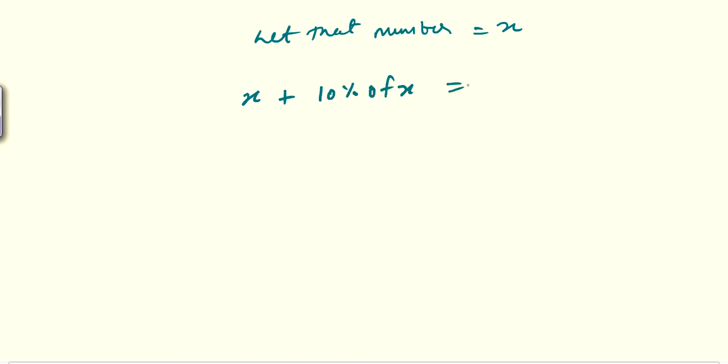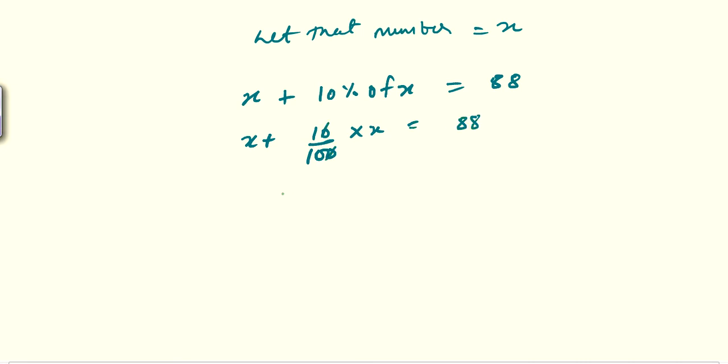Now the same question you can solve by x. So when increased by 10%, first let that number be x. So first increase by 10%. Now in this question increase is given. Increase is given, so we add. So first you will write the original number x plus increase of number. How much is the increase? 10%. So 10% of x equals to 88. So x plus 10%, meaning 10 by 100 into x equals to 88.